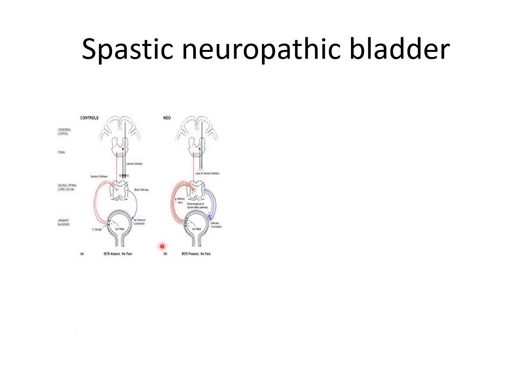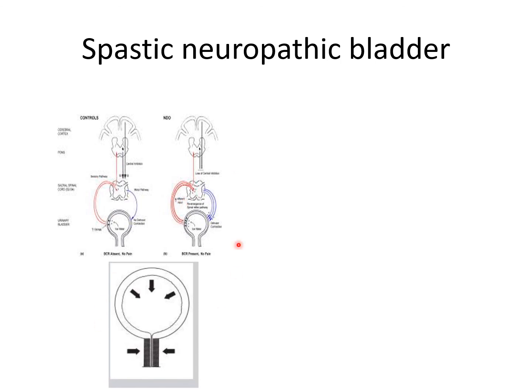So in automatic bladder what happens? This is the micturition reflex, a spinal reflex, which is influenced by the supraspinal center. Here the supraspinal inhibition is cut, so this micturition reflex becomes exaggerated. As the pons controls the reciprocal innervation, contraction of the detrusor causes relaxation of the sphincter muscle. Here, during contraction of the detrusor muscle, the sphincter also remains contracted. So basically the bladder is contracting, pressure is rising, but the passage is closed. The urethra is not open to pass the urine. So this is detrusor sphincter dyssynergia.